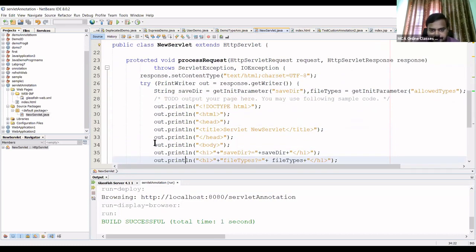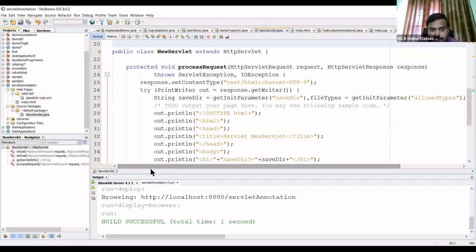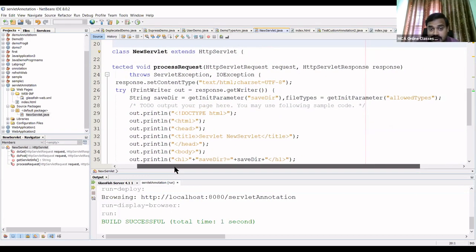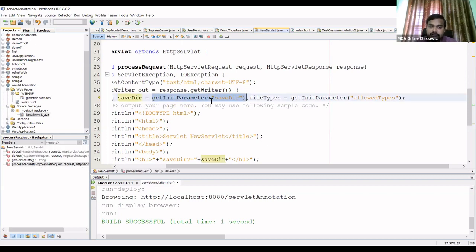Now you see here, how you used to retrieve the initial parameters. You're going to use the method called getInitParameter to retrieve the name.